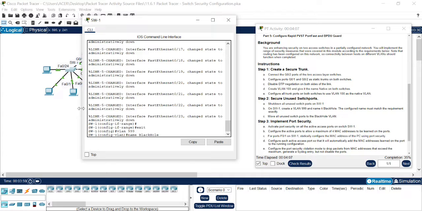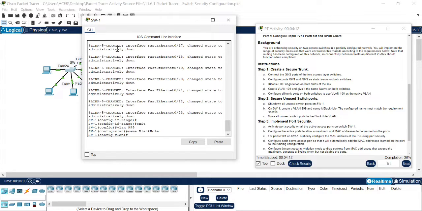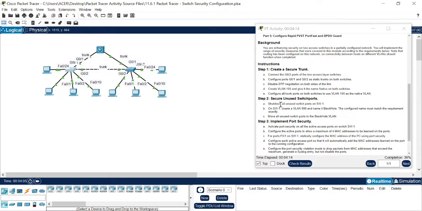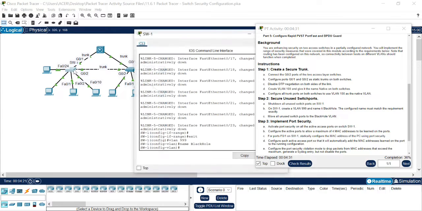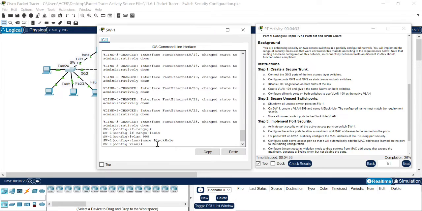So muna B. So enter. Then ang C. Move all unused switch ports to the black hole VLAN. So atong i-move ang mga unused switch ports sa black hole VLAN. So going to switch 1, then type exit,